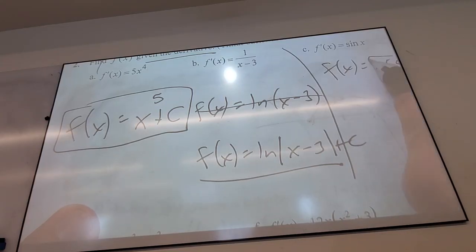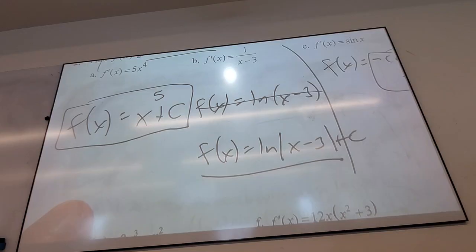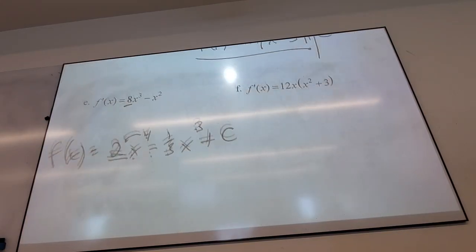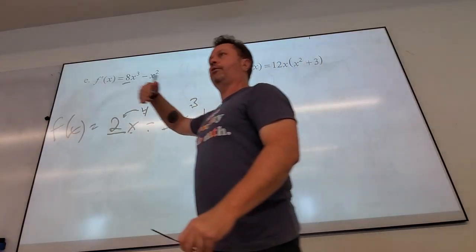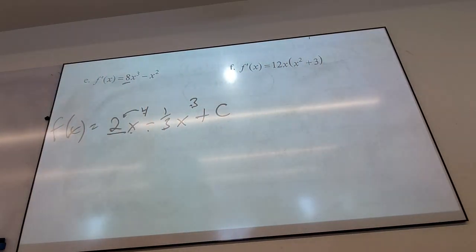I didn't want to throw too many ideas at you at once, so that's why I was holding off on that until we got the idea of just how to get the first part. Because now this is just to throw it on there. Some of you are going to do the plus c too often, and some of you are going to do the plus c not enough, and that's just a rite of passage, right? But do you understand why it goes there? Because it could be there. We got to cover ourselves. C stands for cover yourself, right? It could have been 11. I don't know. If I gave you more information, could you figure out what it was?